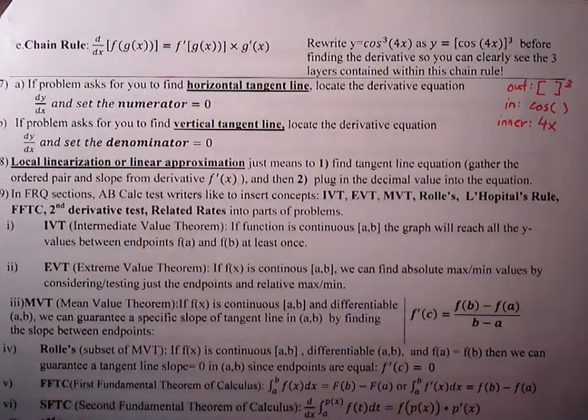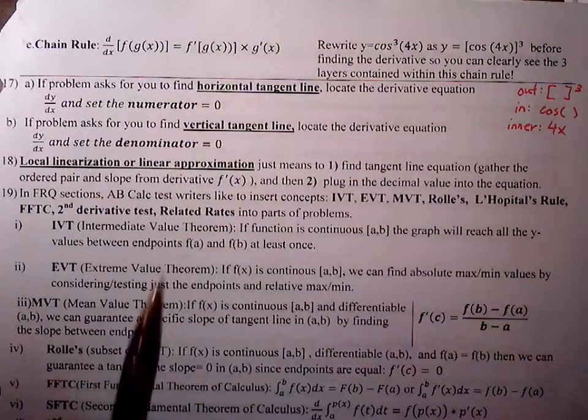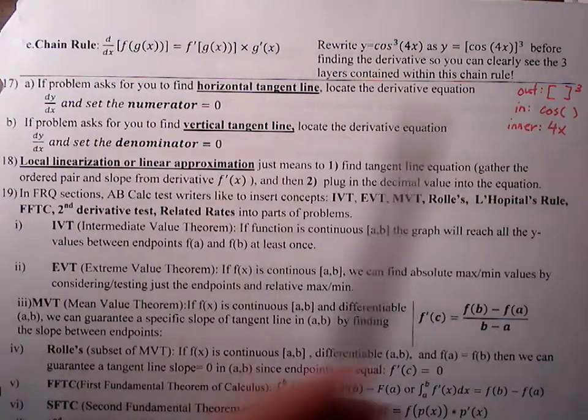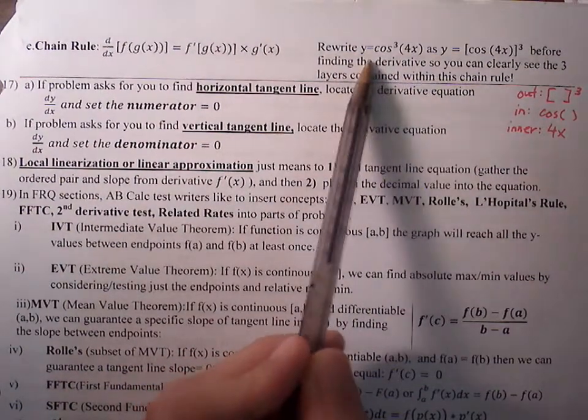So chain rule, something to remember is keeping in mind that these are composite functions. We have a function within a function. Sometimes there are three functions, a function within a function within a third function. That is most common in trig functions. Sometimes you see this